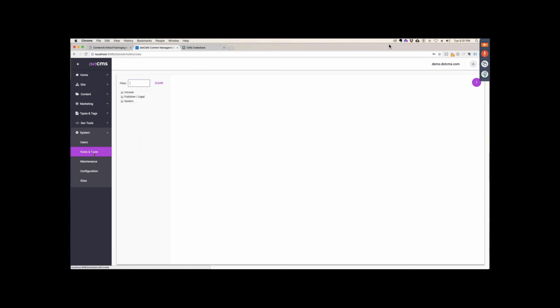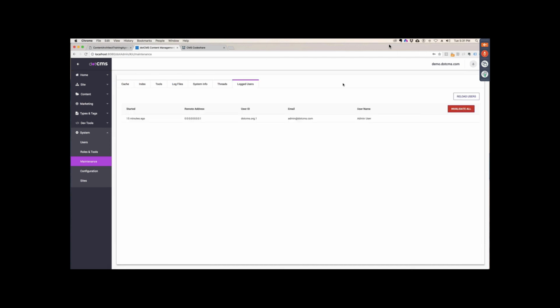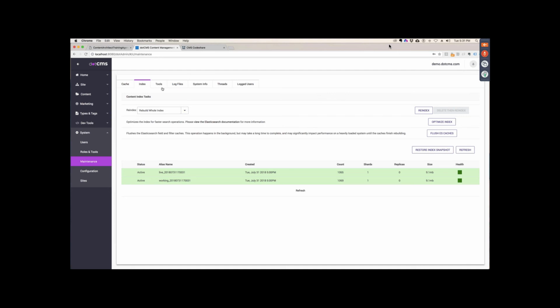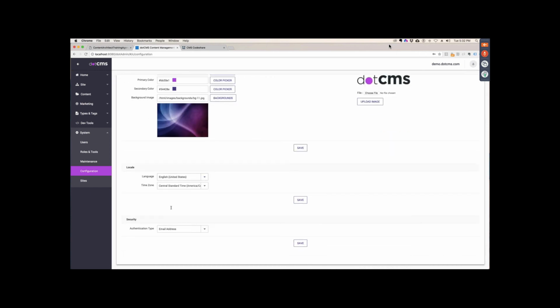So we've got all our role manager here. You can nest roles one underneath another if you have roles that are managing other roles. We'll show how to set up permissions. There's a maintenance portlet where you can see all sorts of stats on your entire system without logging into a server, even your logged in users, indexation, caching. There's a configuration manager that you can use to manage your basic config. You can pick several different background colors, primary colors, secondary colors, background images, upload your own corporate image, set language defaults, set authentication types,